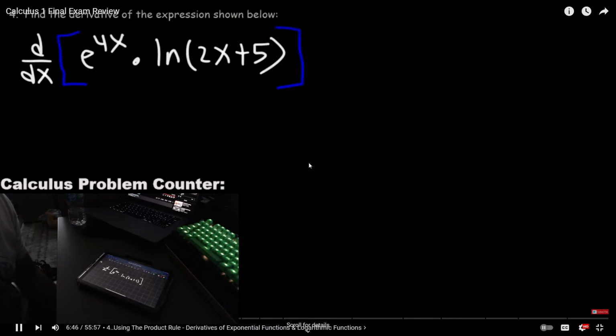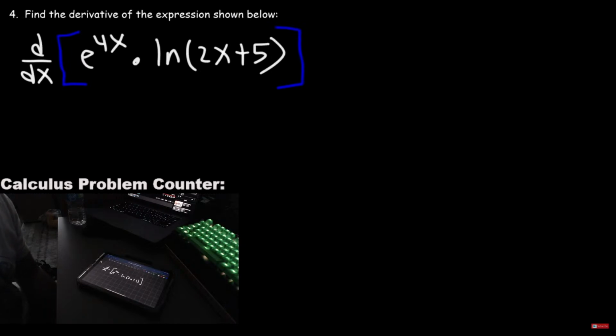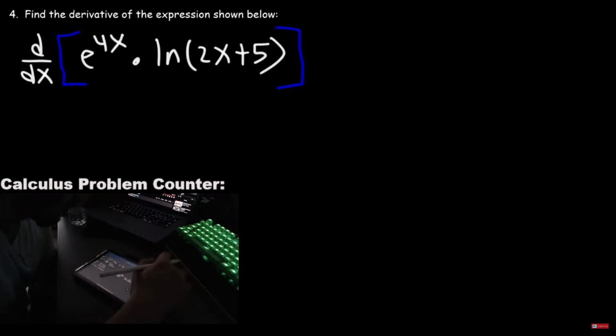Now there's 3 things that you need to know in order to do this problem. You need to know how to differentiate exponential functions, logarithmic functions, and you need to know how to use the